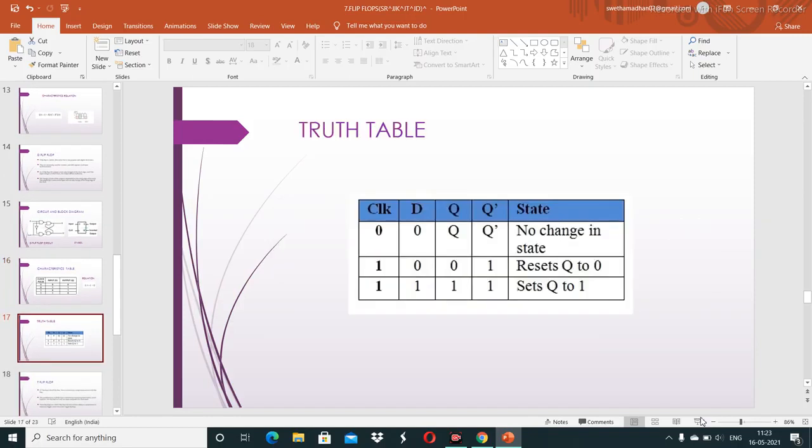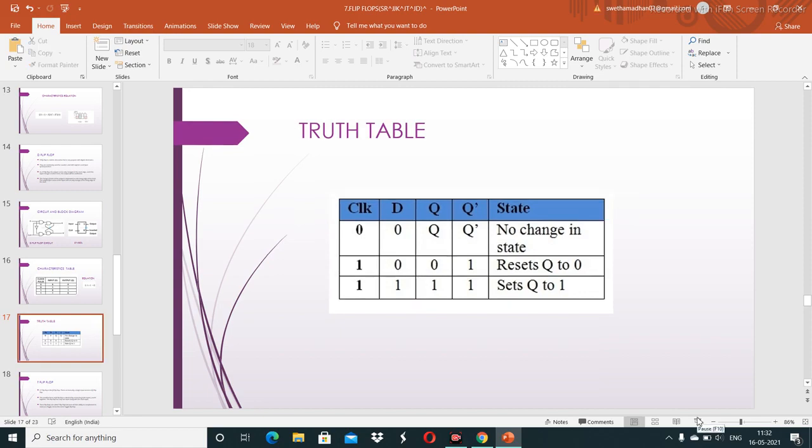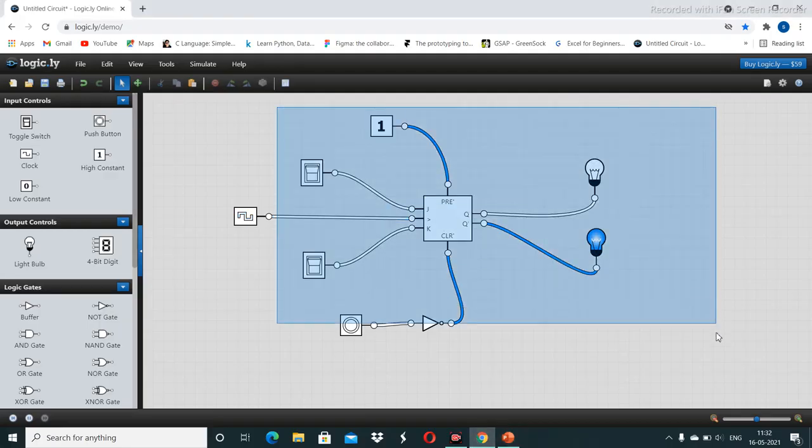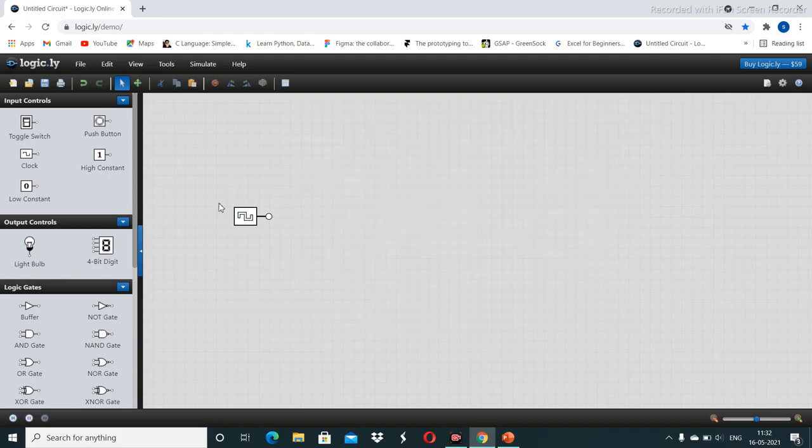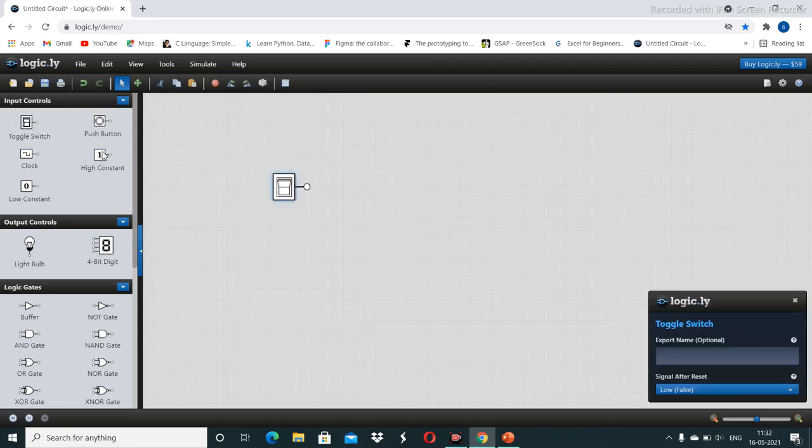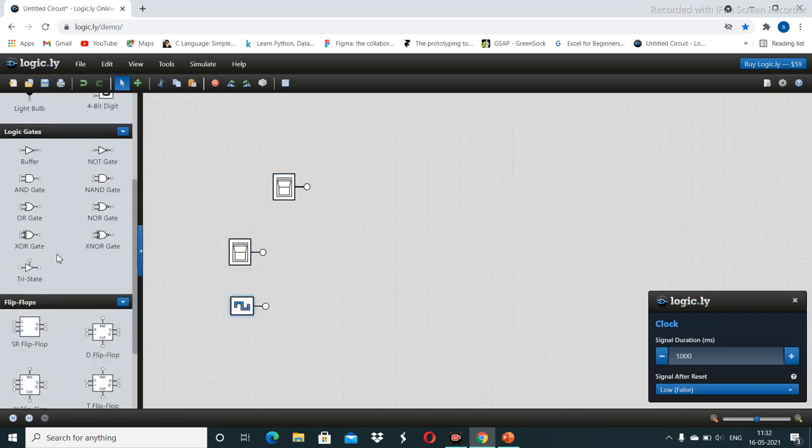This is the truth table of a D flip-flop. Now let's take a demo for this. For this we need two toggle switches here, and we need a clock pulse. For this we need an AND gate here,